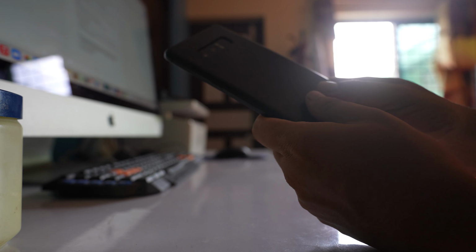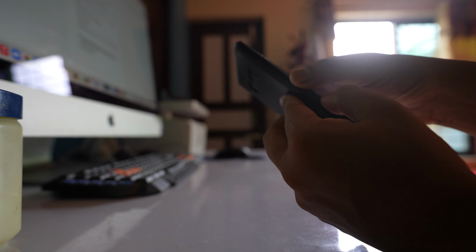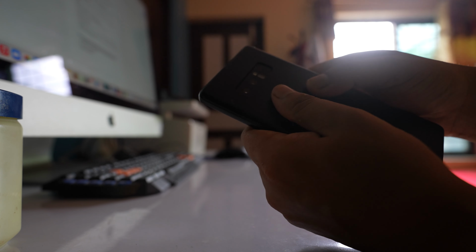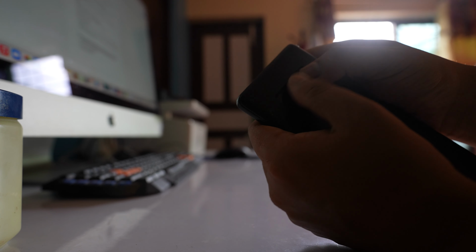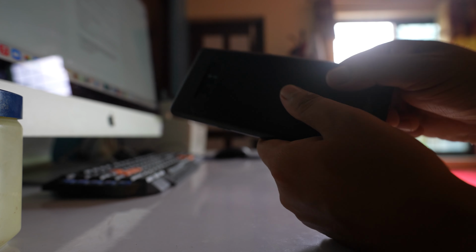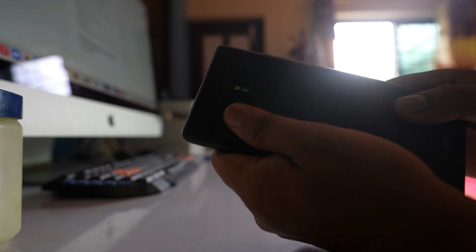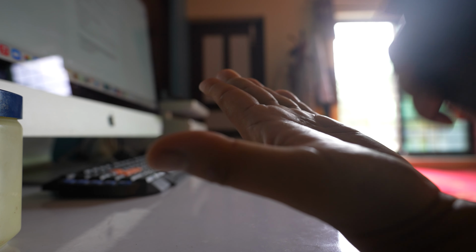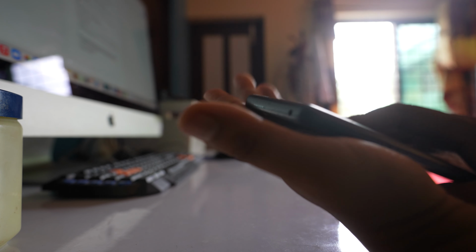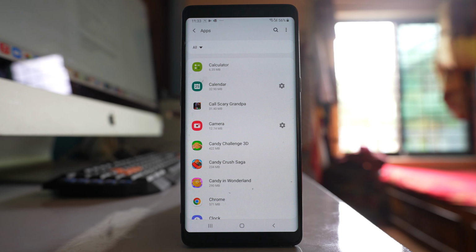Similarly, we will go back. You can remove the case for your phone and then press it. Remove the case, press on the lens and the camera area here, press it gently, don't break the phone. After that, tap the phone like this one on your palm. So once you have done these things, check if the camera app works or not.